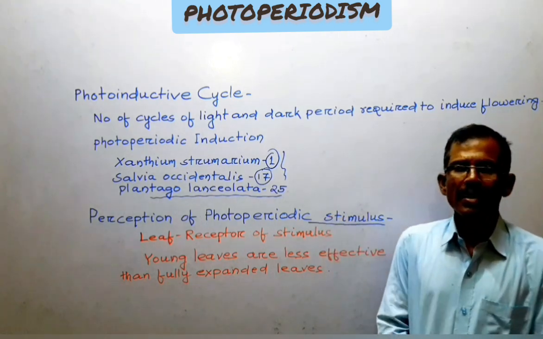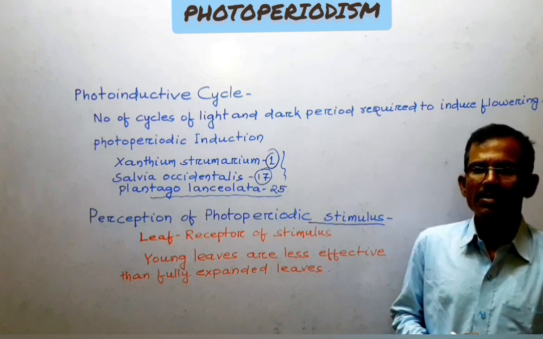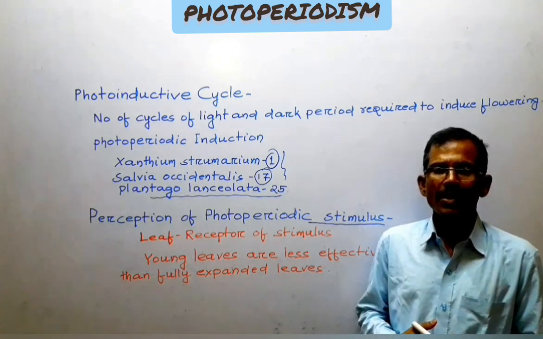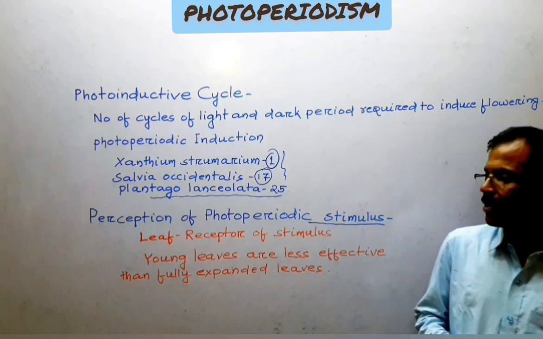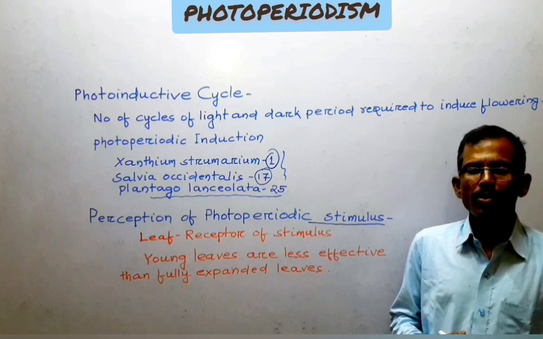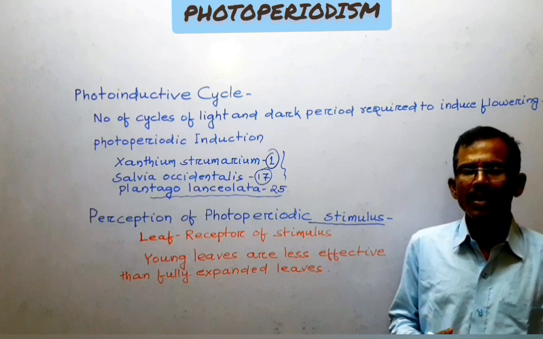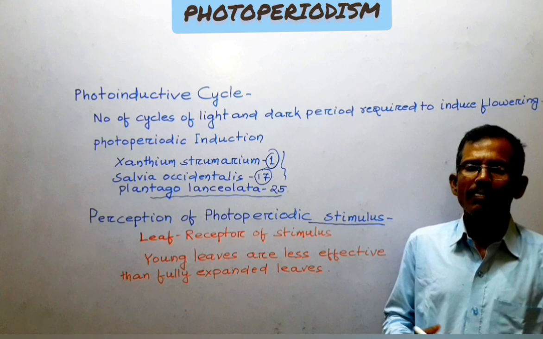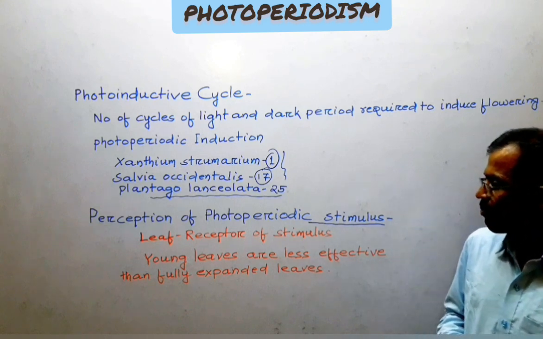In plants, leaves are the site of reception of the photoperiodic stimulus. The photoinductive capacity varies with the age of the leaves. Generally, young leaves are less effective than fully expanded leaves. That means during photoperiodic induction, something is produced in the leaf and is then translocated via phloem to the floral bud, where it induces the formation of floral